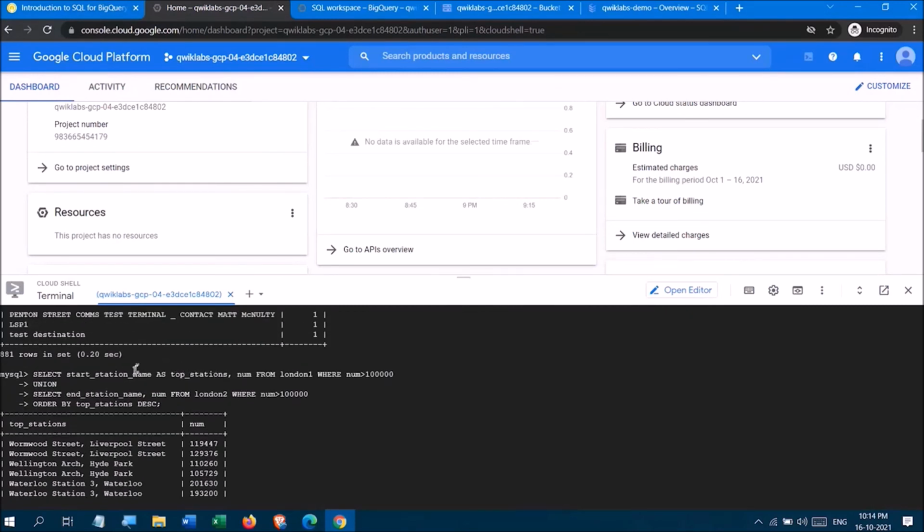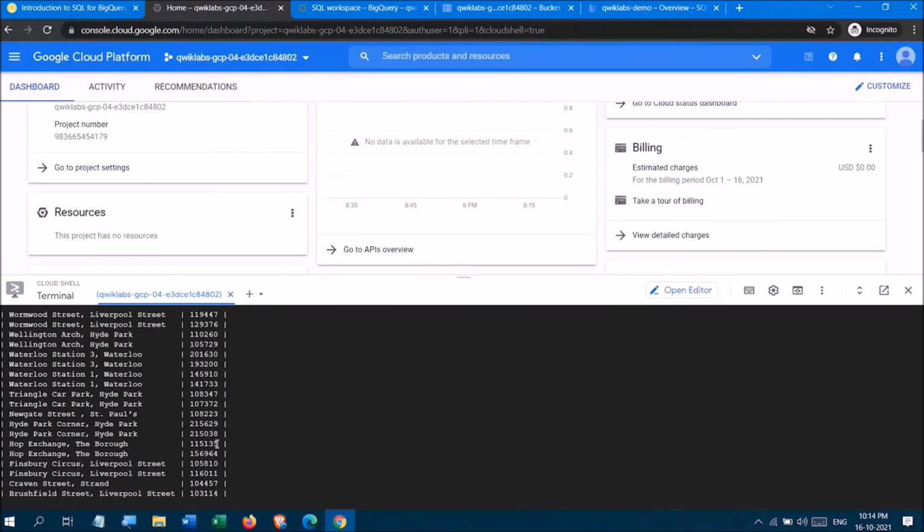So start station name and end station name are combined together as top station name from London 1 where the num value was greater than 1 lakh. Okay,